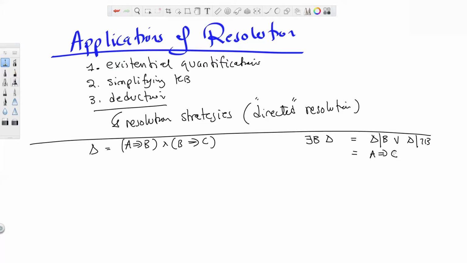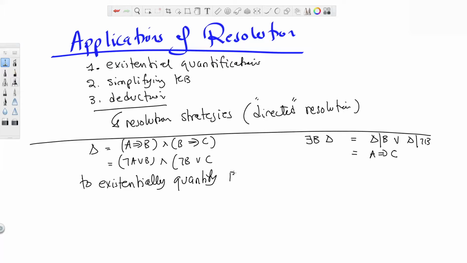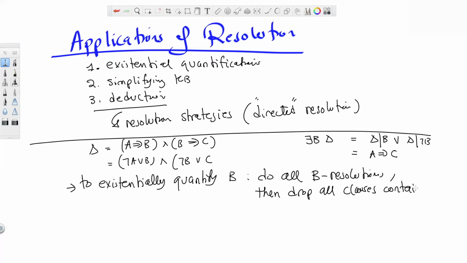So you can actually use resolution to existentially quantify in the following sense. And let me write this in clausal form, or in CNF: that would be not A or B, and not B or C. It's pretty simple. To existentially quantify B, or more generally a variable, do all B resolutions, then drop all clauses containing B,